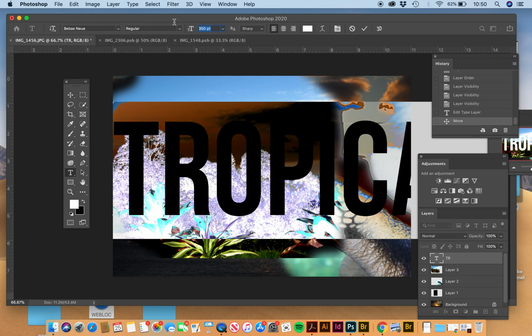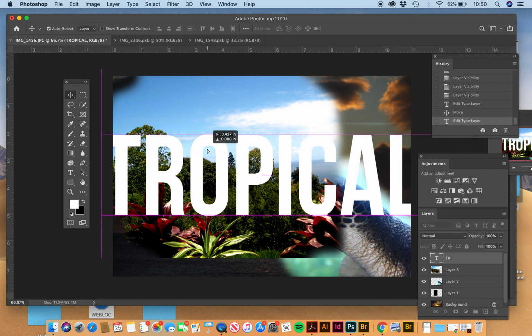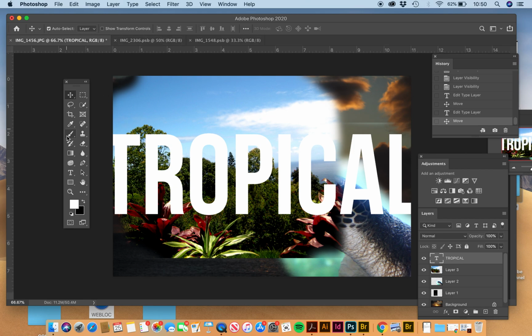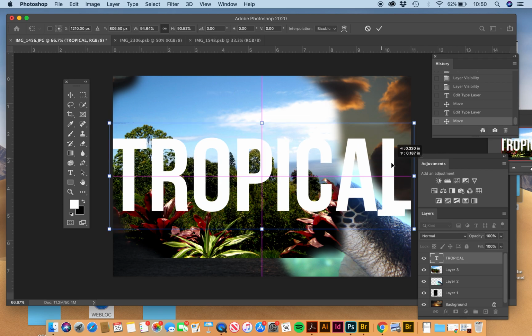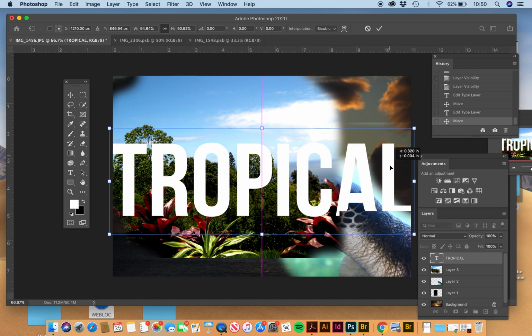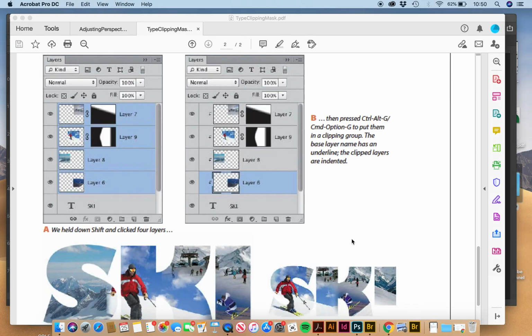Maybe smaller. Okay, now that I have my text in here, the word tropical, which still could be a little bit smaller. There we go. I'm going to see what plays out in this design behind it so I can change it. So remember, we have to have our layers in a certain way. So I'm going to go back to that image. And if you see, the words were on the back when they did this. So we have to